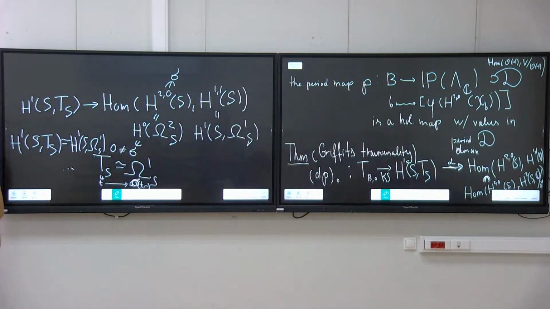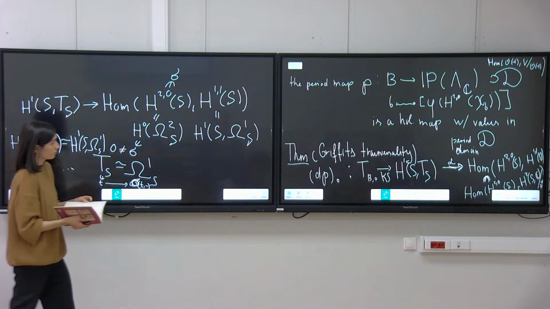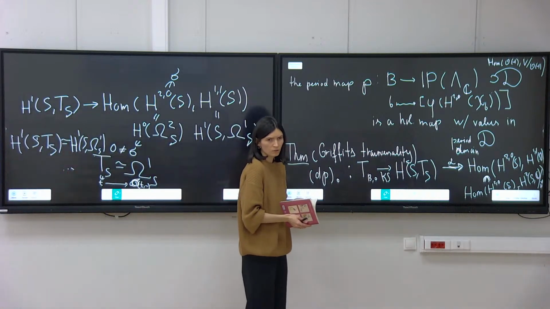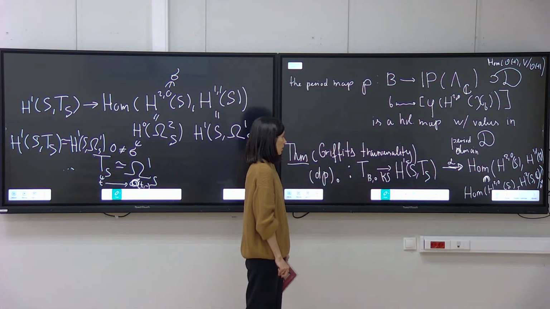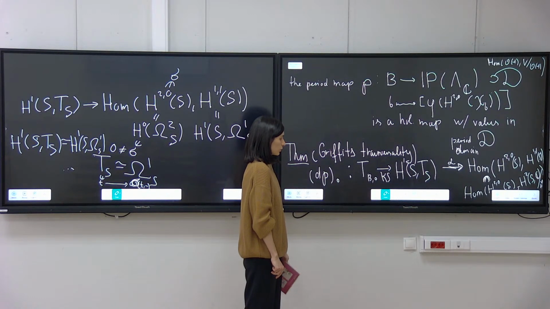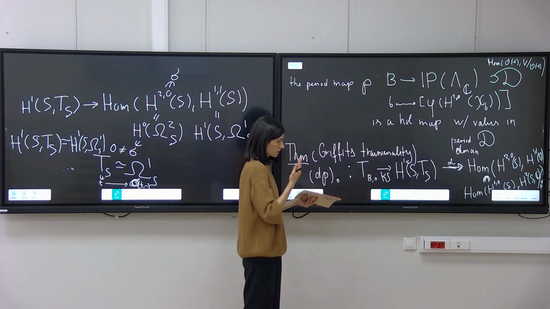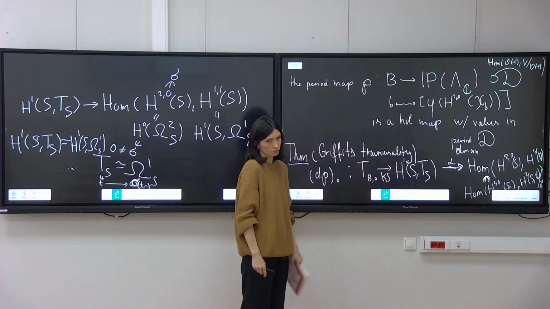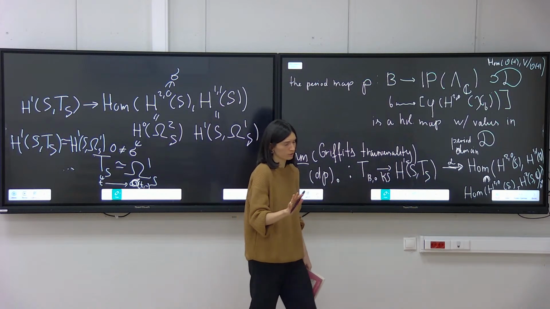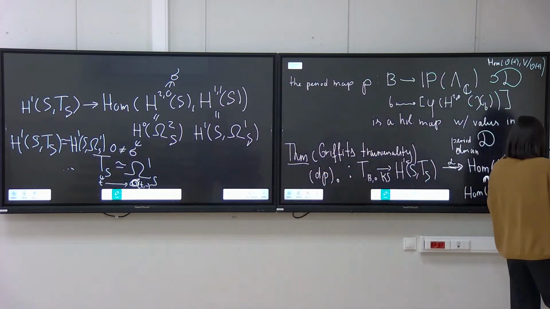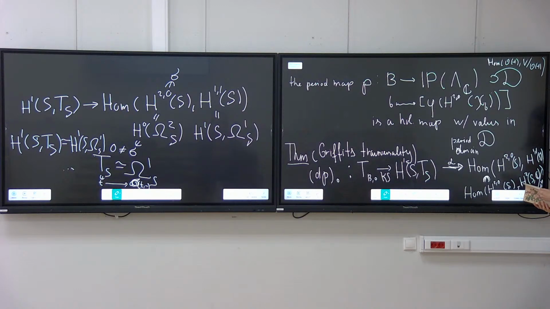Okay. And transversality. What is the intuition about transversality? Well, it says something about the transversality of the variation of Hodge structure. But I don't want to go into that now. Okay. So this was Griffith's transversality, and now I think I can formulate